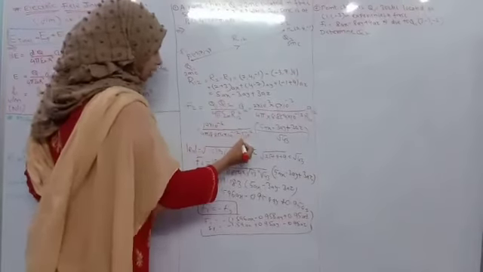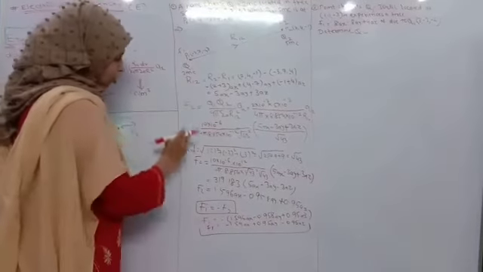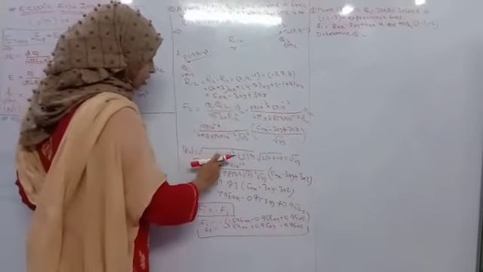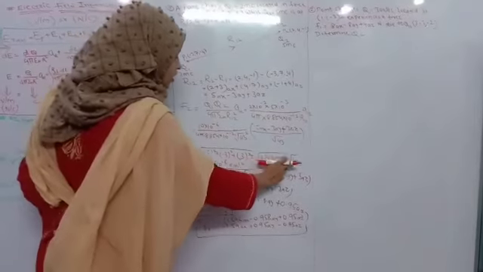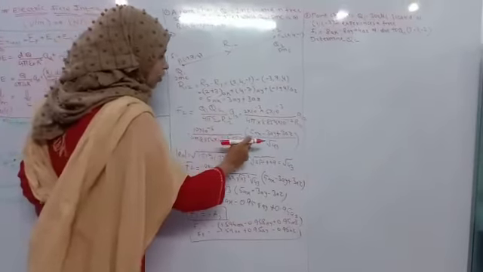Okay, how I got this root of 43? That is nothing but mod of R12. I want this magnitude. So mod of R12 is nothing but first term square, second term square, third term square. So root of this one is nothing but 43. So here, root of 43 square. Now